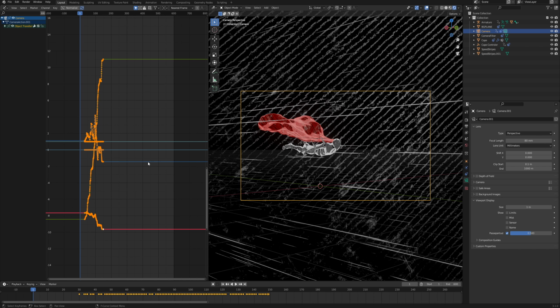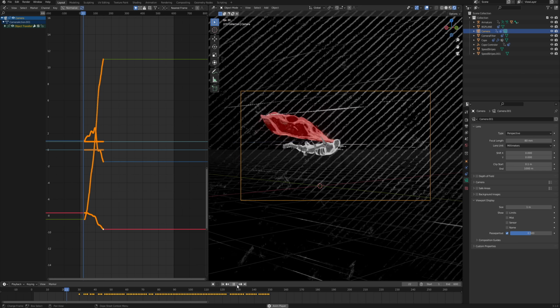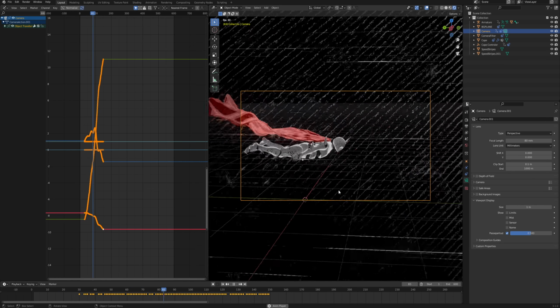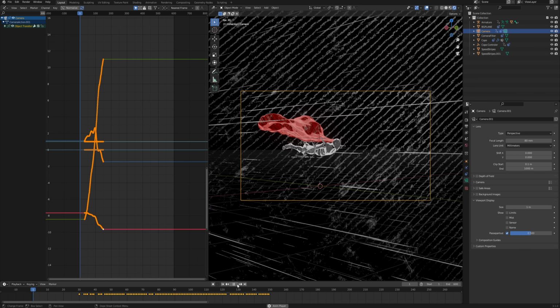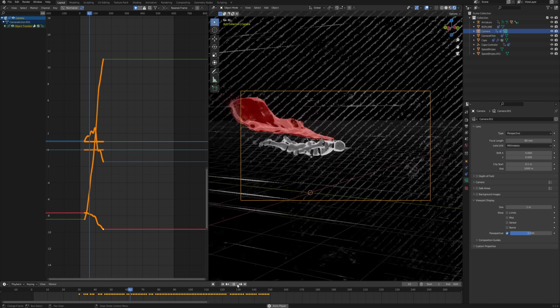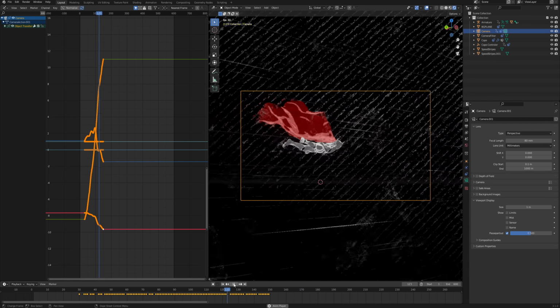So we can just select all the frames, click A, and then Alt O to smooth it. And then you can just hold down Shift and R to repeat the same action quite a few times. You can see how this graph is getting smoother and smoother. And then when you click play, even though my mouse work was super choppy, this whole animation comes out really nice, I think, in my opinion, compared to the previous.